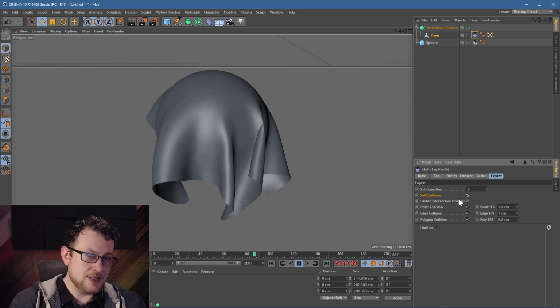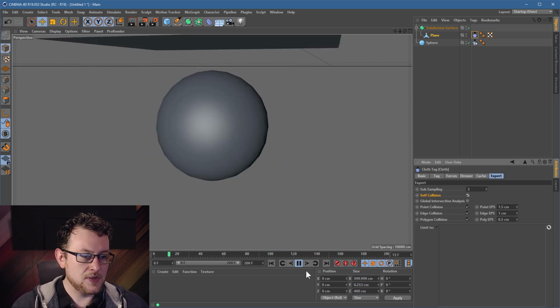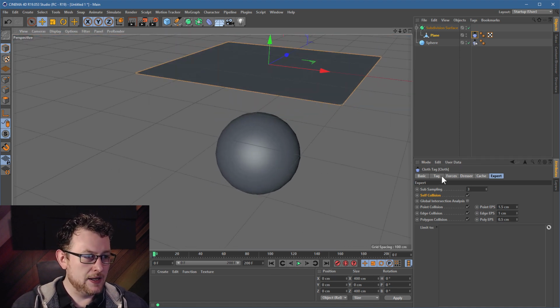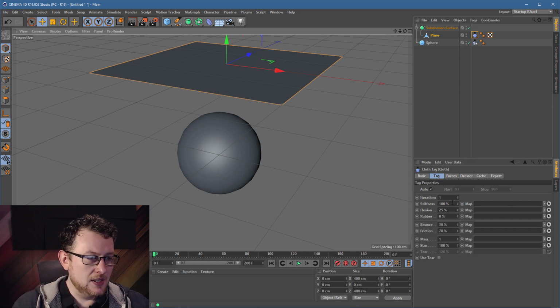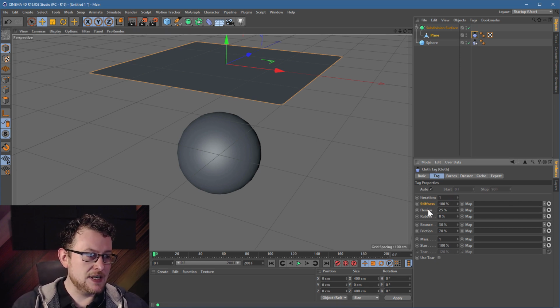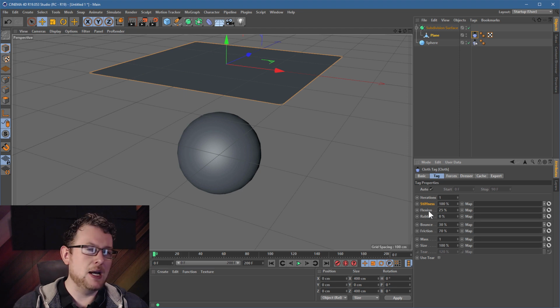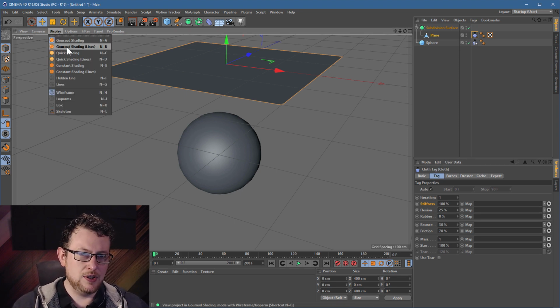So we'll improve this a little bit later, but first let's get some of the more basic settings out of the way. Okay, so taking this as our starting point, let's go to the tag and have a look at our settings and see what we've got. So, stiffness, flexion, and rubber. Now, in here, these three settings, it probably helps to give you a little bit of background as to how the cloth system works. If I show you the wireframe mesh,